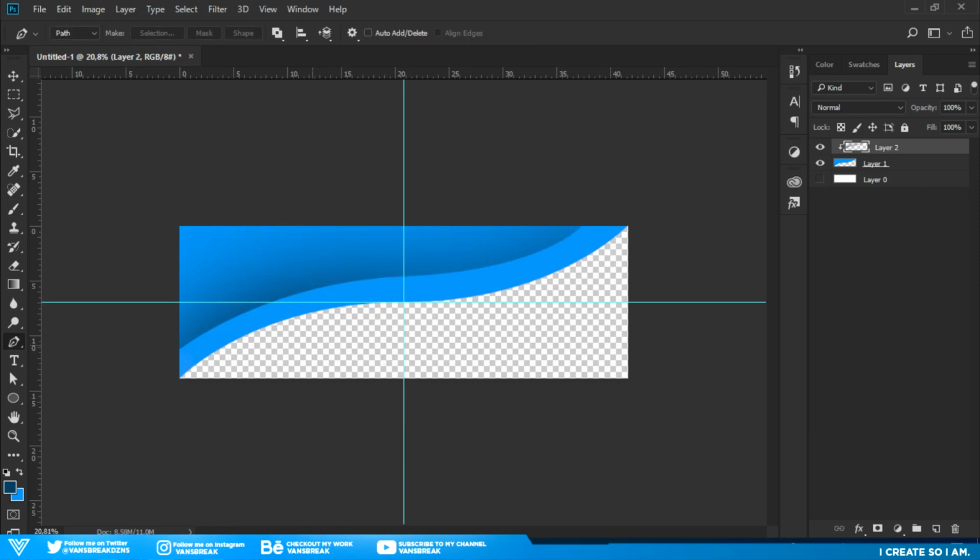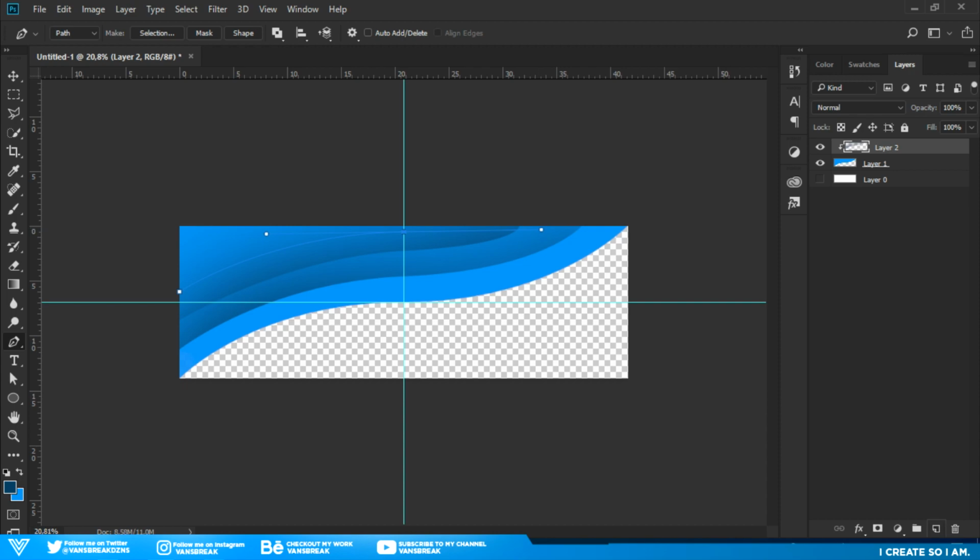And now guys, what you're gonna do is just take the pen tool, take this one and add a new anchor point, drag and do something like this. So just press Control Enter, go to the brush and also do like this, so you will get something like this. Control G. Now take the pen tool again, make like this,